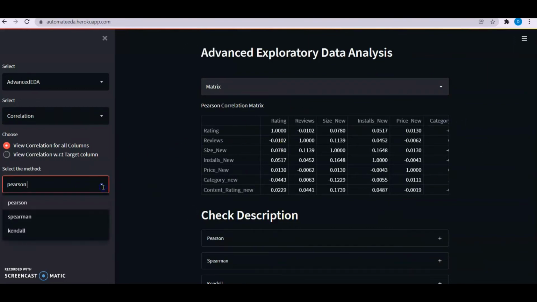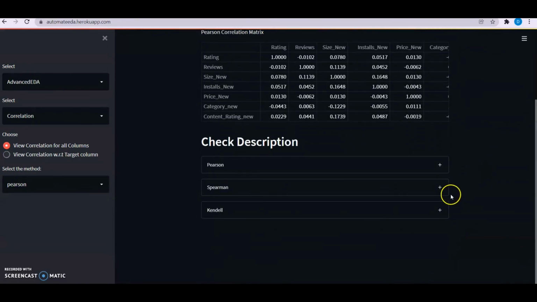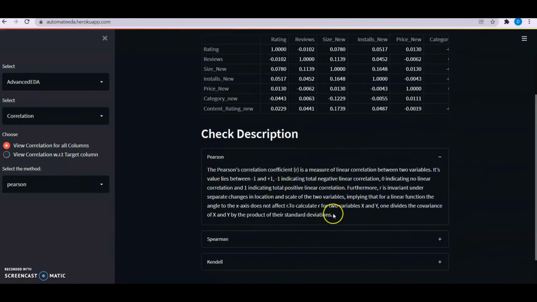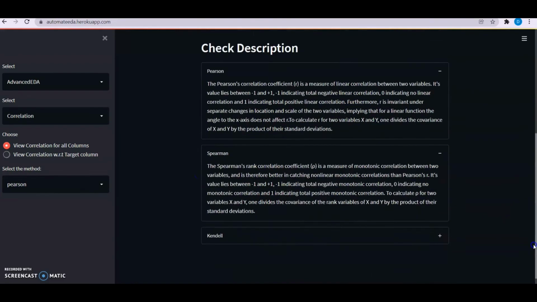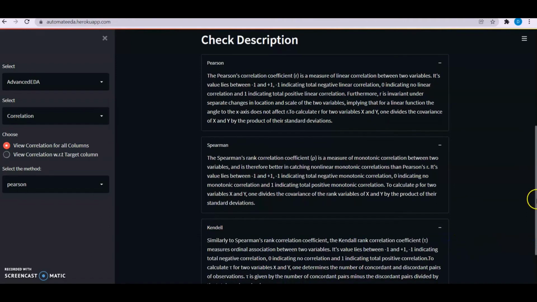We have also given this option where the user can select whether he wants to see the Pearson correlation, Spearman correlation, or Kendall correlation. In Pearson correlation, a strict linear relationship is shown. In Spearman, the monotonic increment or decrement kind of relationships are shown, and similarly, we have this Kendall. If the user does not know the difference between these, he can get the description of Pearson from here. Similarly, for Spearman it can be shown from here, and for Kendall, it can be shown from here.